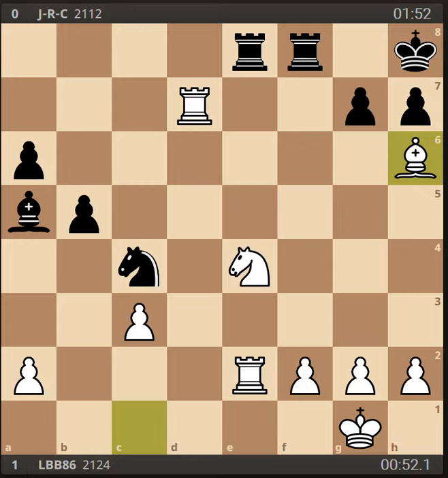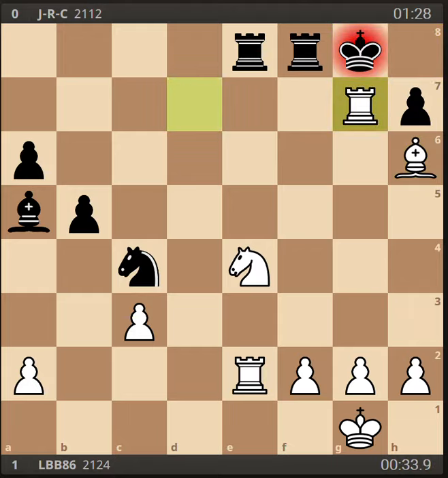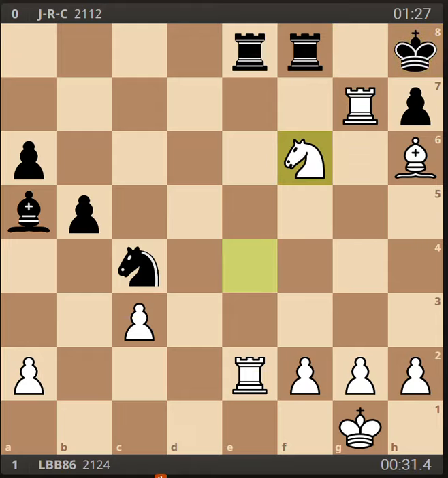So he did not take my bishop, but he equally blundered. He played king to g8. Okay, and this just allowed rook takes g7 check, king to h8, followed by knight to f6 anyway. So again, I'm threatening a mate on h7. He can't take the knight because his rook on e8 would fall. He can't take the rook because of the mate. So there's nothing he can